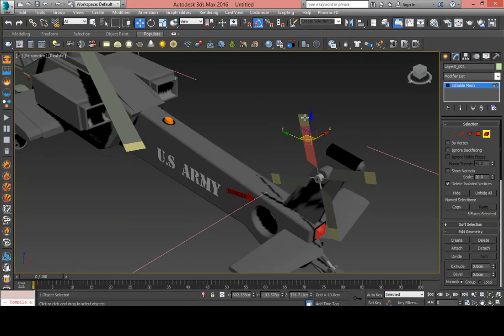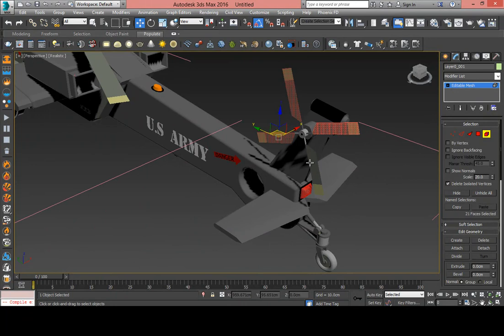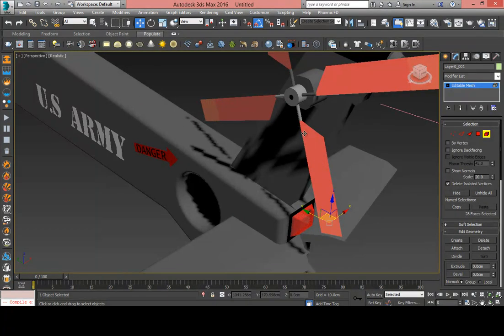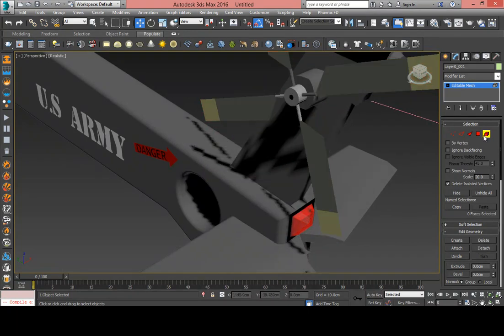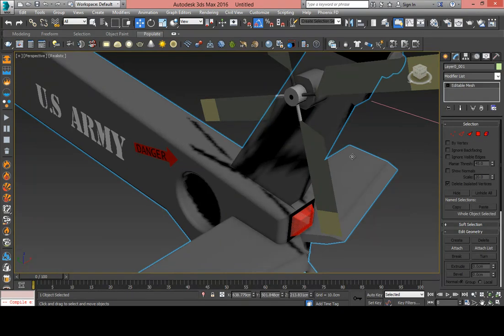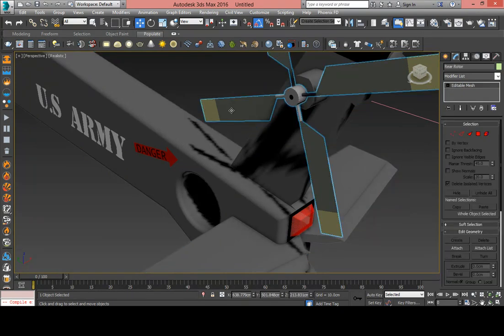No need for the rotation anymore. We want to select these pieces and separate them from the body of our craft here, because they need to rotate. And we'll hit detach and we'll call it rear rotor. Okay, rotor, that'll work. Deselect, come up out of selection and reselect our rear rotor